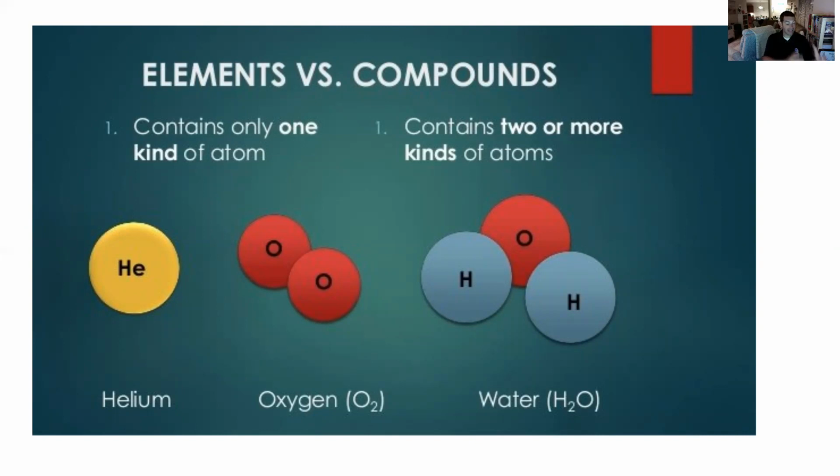We can have element versus compound, right? We're only going to have a limited number of pure elements. There's only 118 on the periodic table. The elements differ by the number of protons in their nucleus, right? And then the neutrons and the electrons will also change, but it's really the protons that give us the element's identity. So helium, for example, has 2 protons, where oxygen is going to have 8.